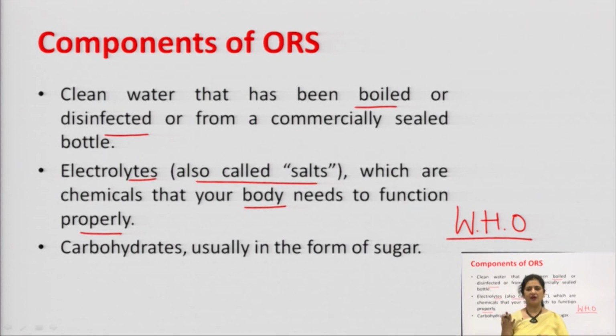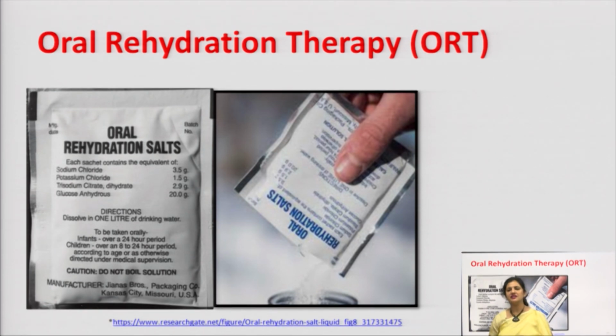If we do not have any market sample of ORS, we must give chini namak ka ghol, which you might have heard, as oral rehydration salt. You must take water, add sugar and salt to it, and start administration to the patient so that no severe complication occurs. Now, you must have seen this pouch readily available in the market. This is the oral rehydration salt, and it contains the specified content of the different electrolytes as stated by WHO. WHO has recommended that these ions are to be taken in this much concentration. So, the same concentration is the component of this packet.